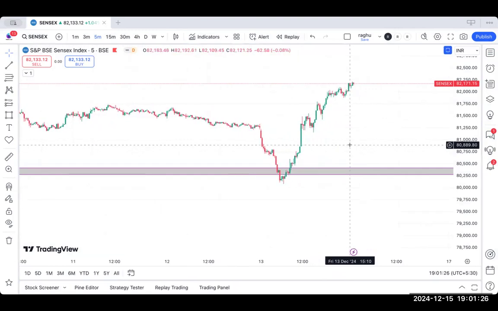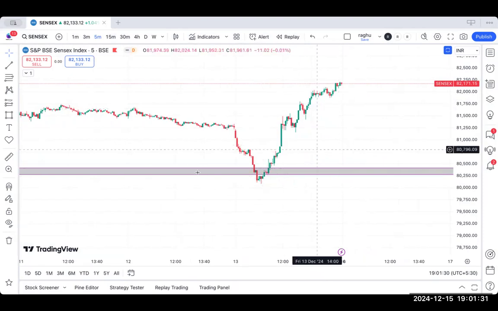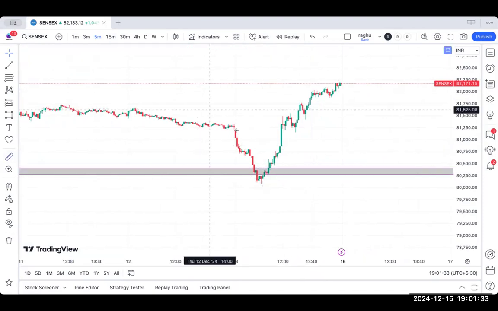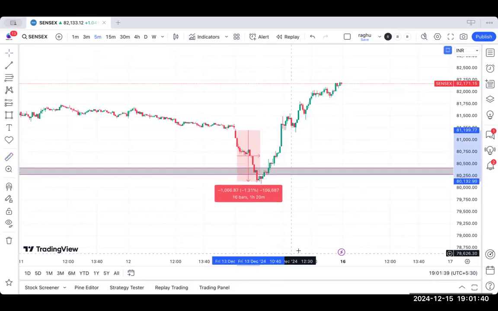For example, Sensex on Friday. It was a beautiful base, and from the base there's a reversal. So when it crashed around 1,200 points,